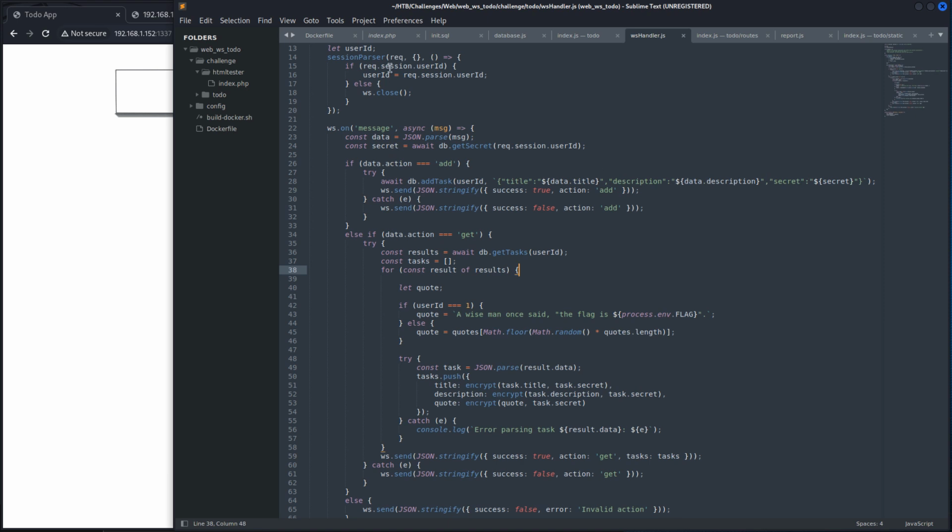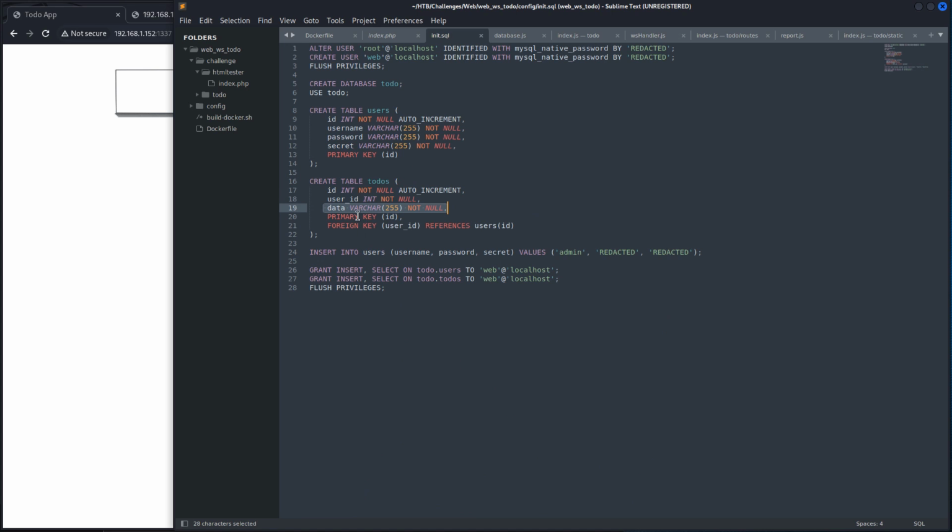But then that got me thinking, this data here only stores 255 characters in the database. So what happens if you gave it 1,000 characters? Does it throw an error? Does it just put in the first 255? Well, a little Googling, it turns out most databases just put in the first 255. So what we could do then